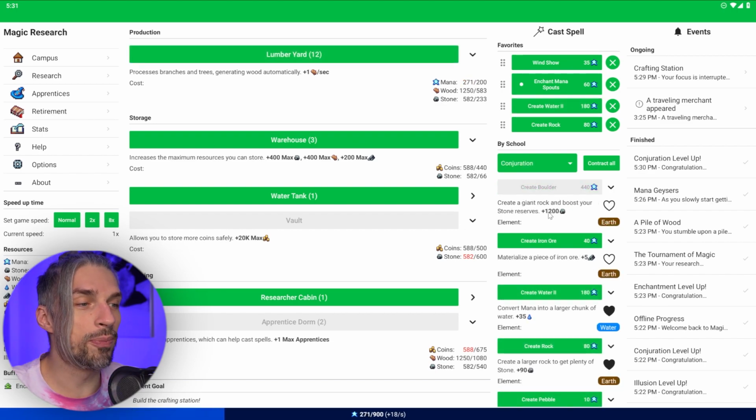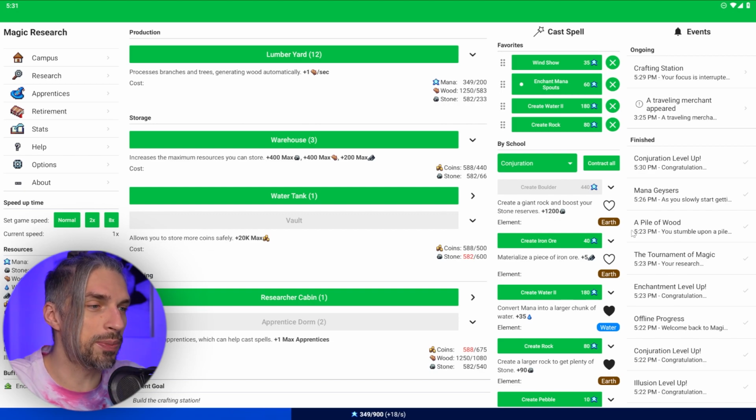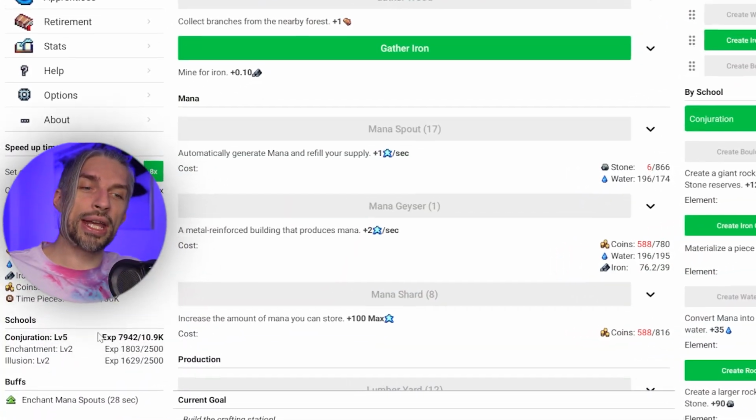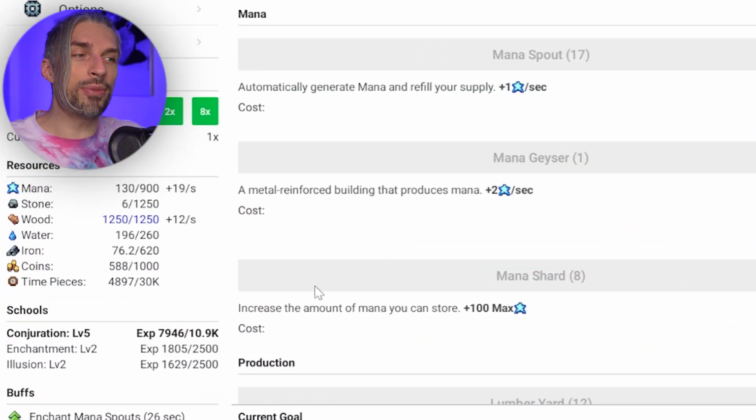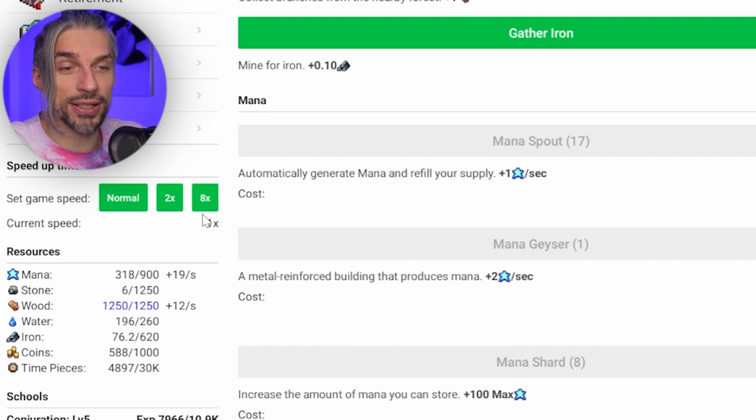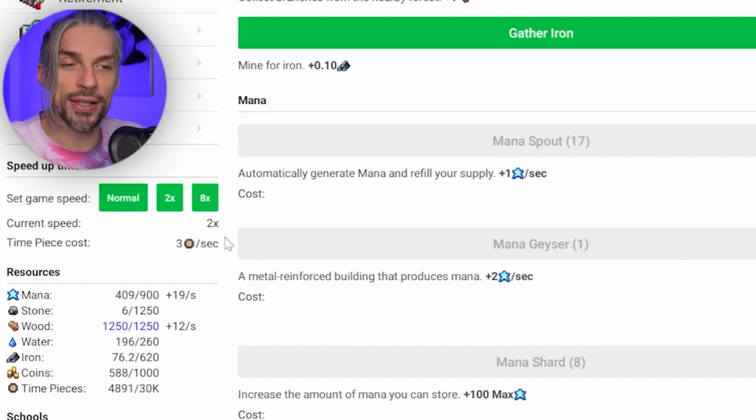Create a boulder, 1.2k stone. Can we fit it? That barely fits in our storage. That's a good spell. Expensive, but good. So yeah, you get school XP for the schools every time you use some spell. And also you can set up faster game speed and use those timepieces that you collect from the offline game. This is really interesting. So after the offline time, you can boost your progression quite a lot, like 8 times